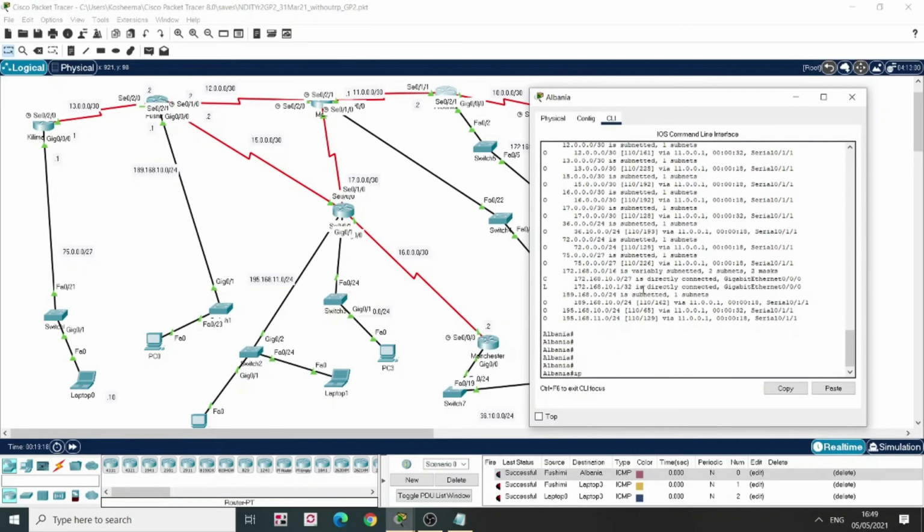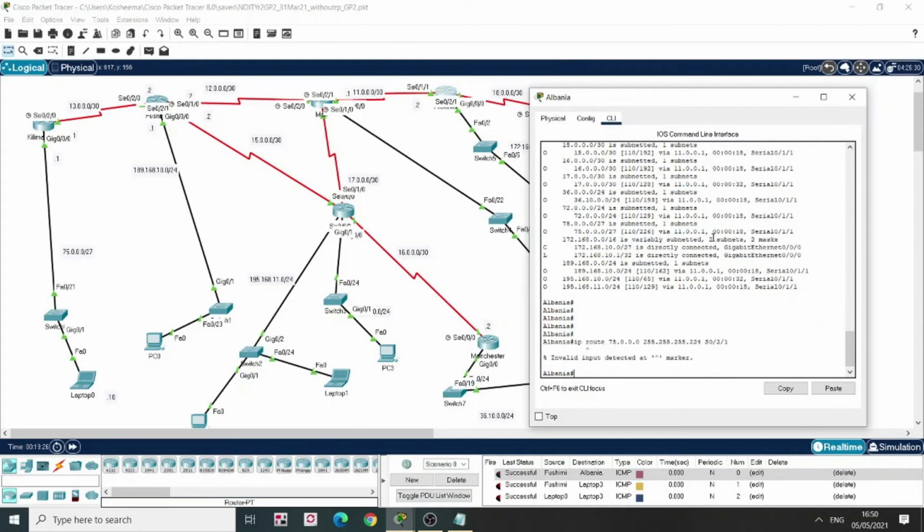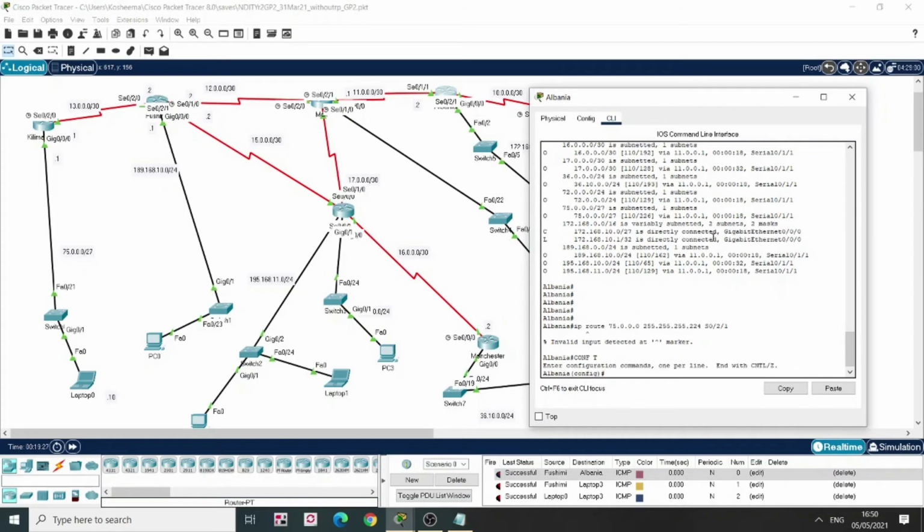So now I'm going to configure a static route. To reach 75.0.0.0, the Kilimanjaro network here, I'm going to tell it, okay, 255.255.255.224. In Albania, it has to go through most probably serial 0/2/1. No, it's in global configuration mode. IP route